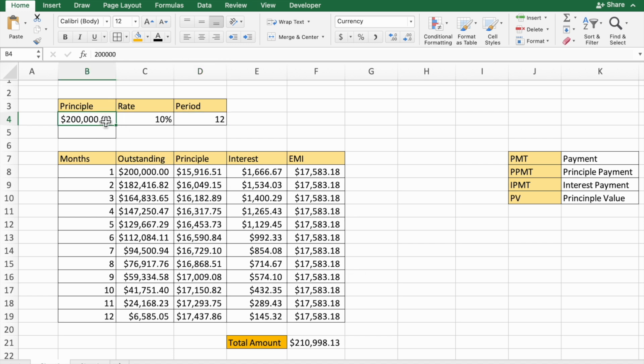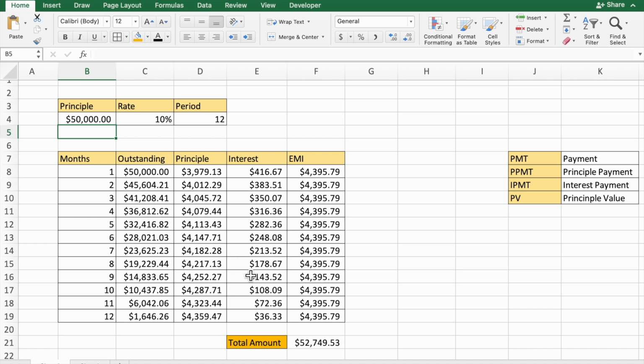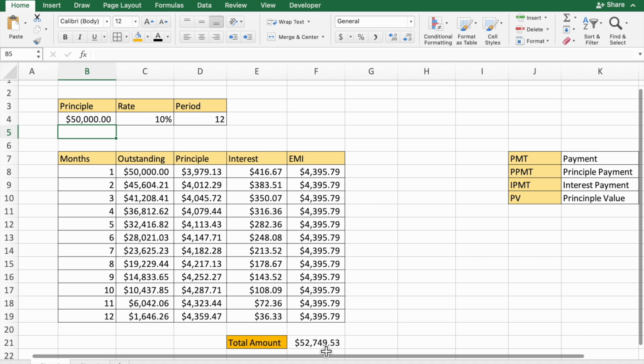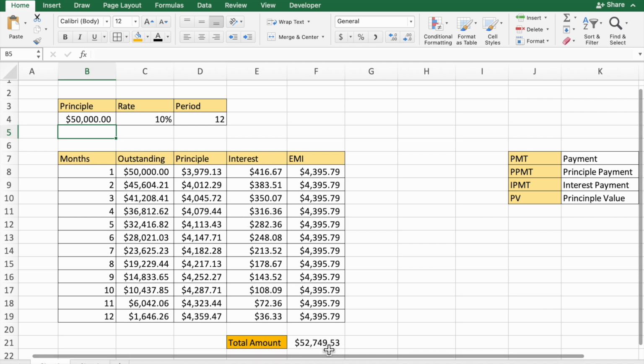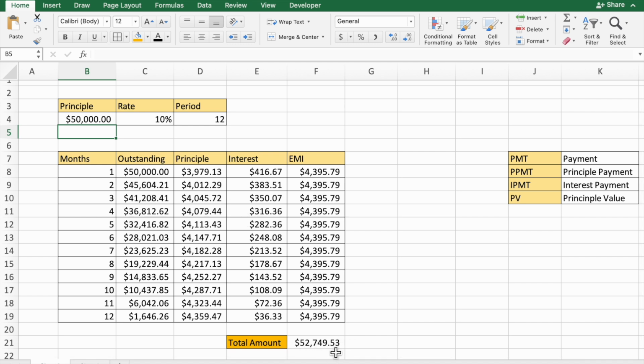Okay, so if I change the value here from 2 lakhs to 50,000, you will see the value will change here also. And then here you will see this is the total amount paid over 50,000. If I have taken a loan of 50,000, I have to pay 52,750. Okay, so I am going to show you how to make this EMI calculator